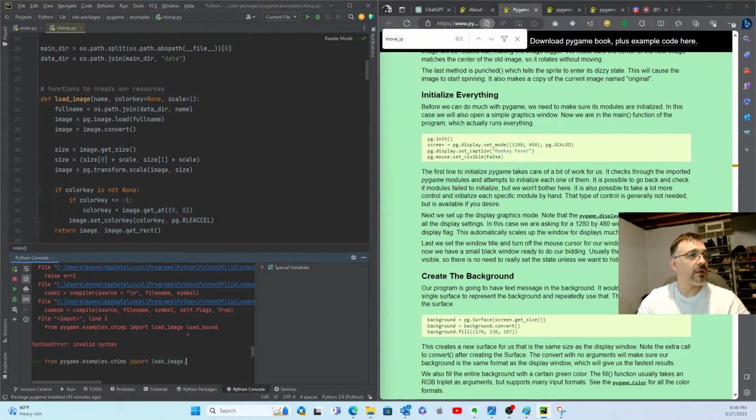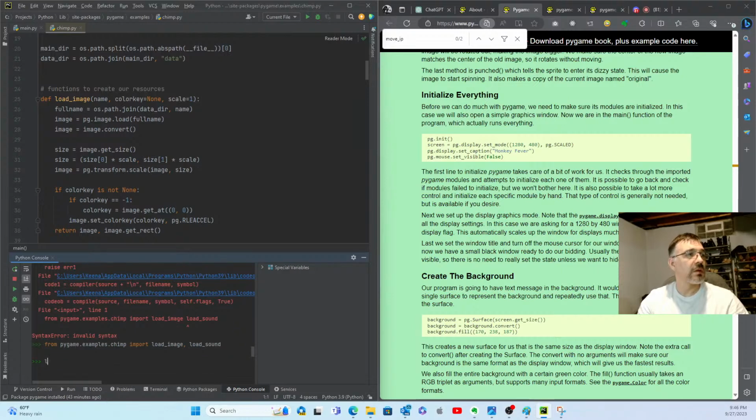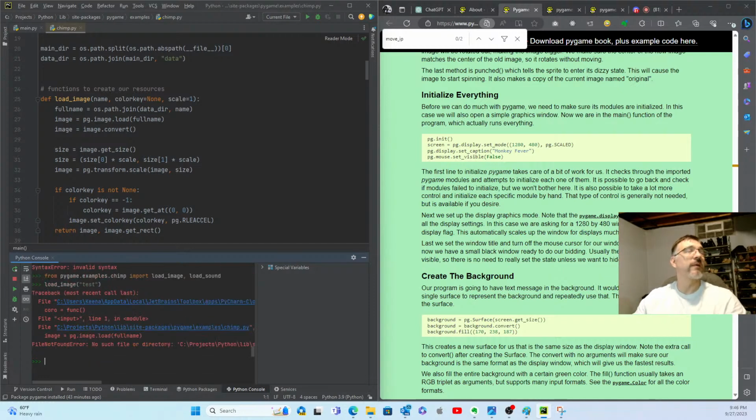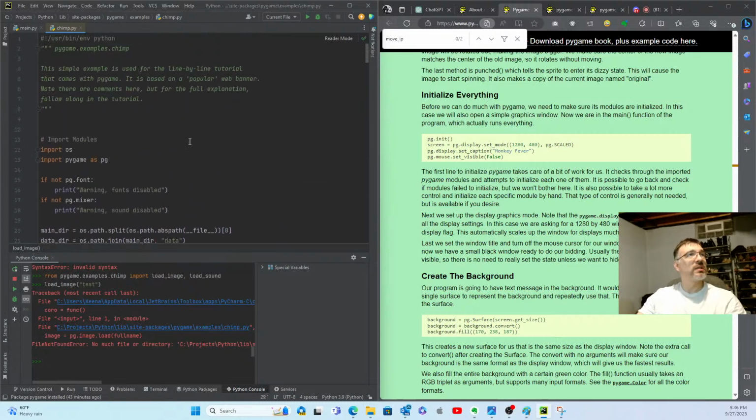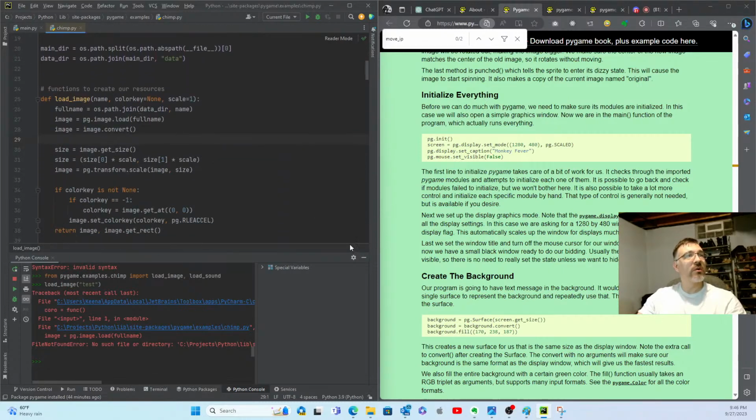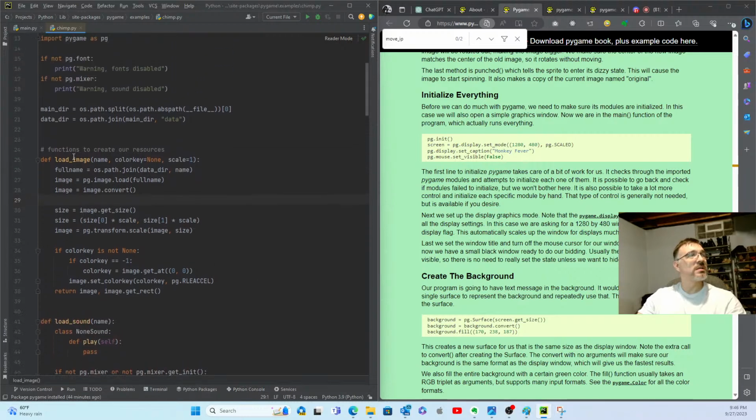Do I have to put a thing here? Load sound as... nice. No, there's nothing there. It's gonna fail. Okay, cool. I think that I would utilize those then. If something's working well, and it is, and these work really well,